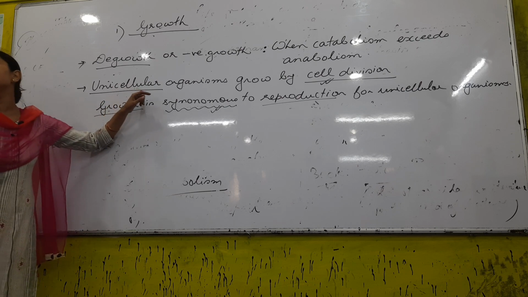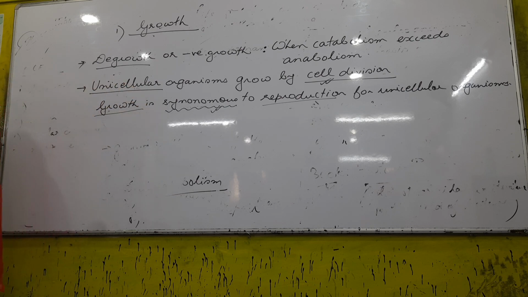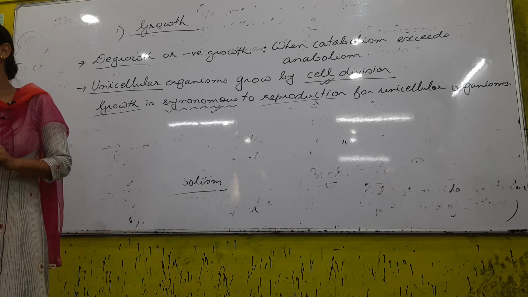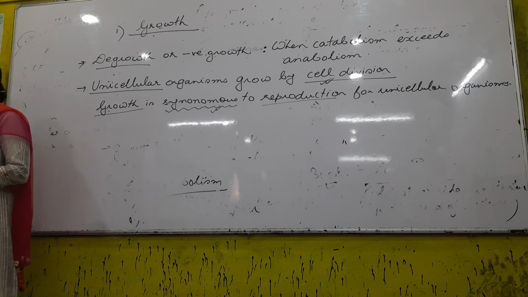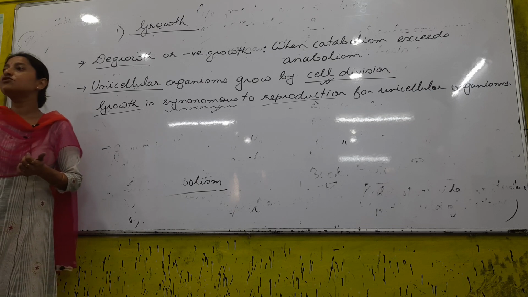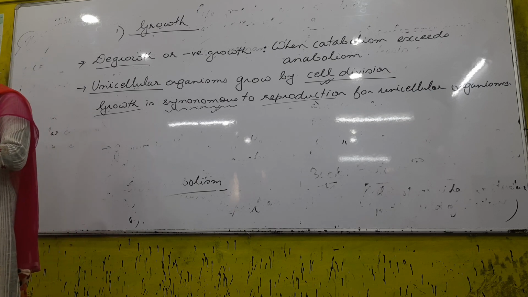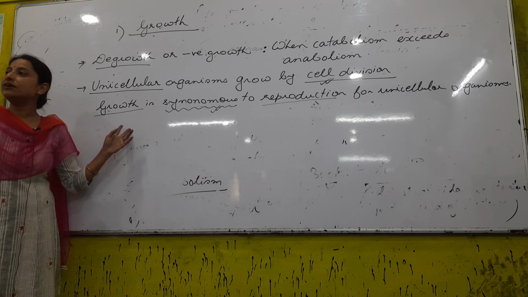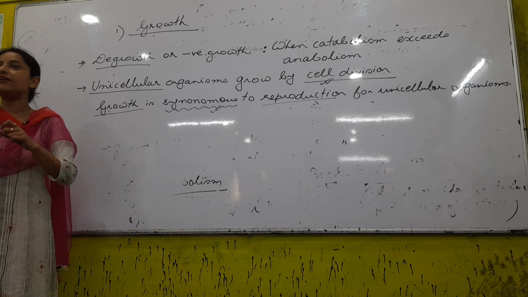Next, when we talk about unicellular organisms, for example bacteria, since they are living, they grow and they also reproduce. Again, we have to compare: reproduction in a unicellular organism and reproduction in a multicellular organism are different. When a multicellular organism reproduces, we have reproductive structures, the formation of gametes, etc. Unicellular organisms such as bacteria also reproduce.